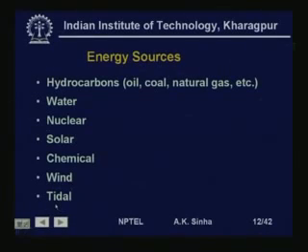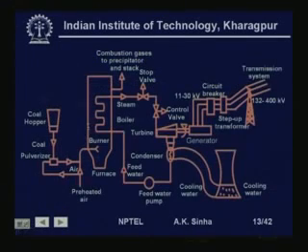Tidal energy, that is the ocean tide, is used for generating energy. Here I will just give a brief description of how electrical energy is generated in a thermal power plant. So, this is a coal burning power plant. Coal is brought into coal hoppers and it is pulverized in a ball mill where it is mixed with air. So, this powdered coal goes along with air into a burner where it is burnt, and the heat